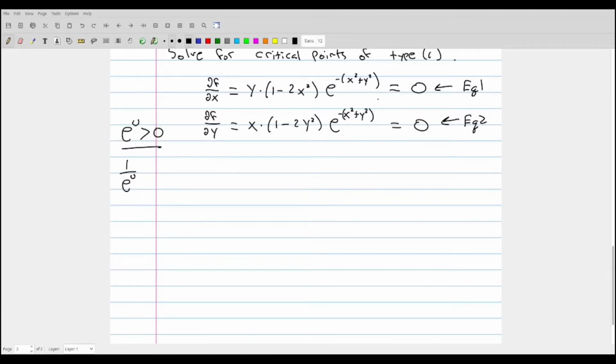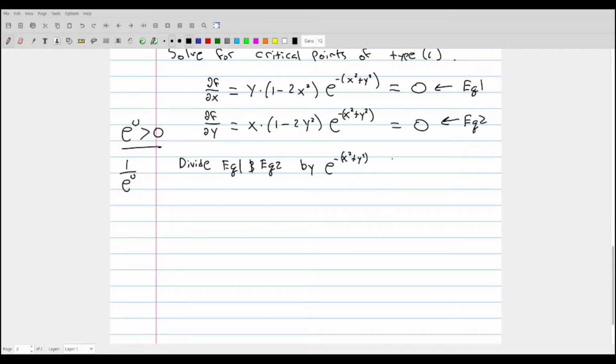And that's the first way we're going to rewrite this. If I divide equation 1, and we're also going to do this to equation 2, by e to the negative x squared plus y squared,